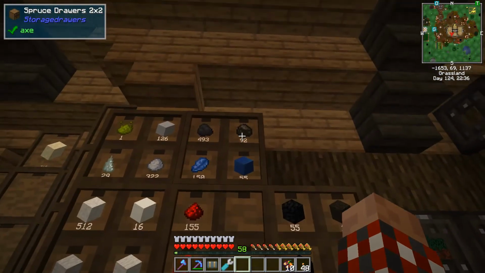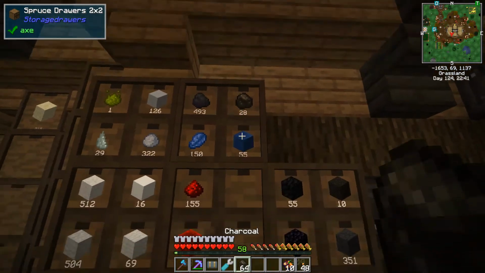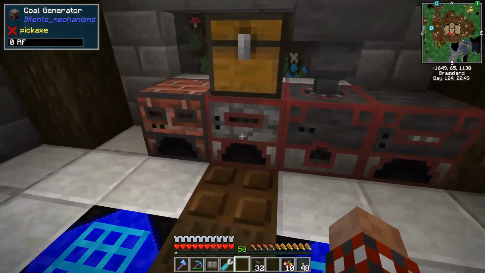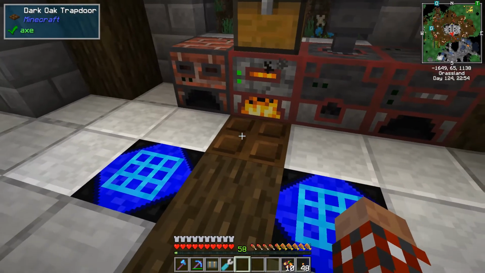So let's go ahead and, can I? Yeah, I can do charcoal in these. Let's grab a stack of these. Probably only need half a stack to begin with. And let's do 16. Let that start generating. So this,